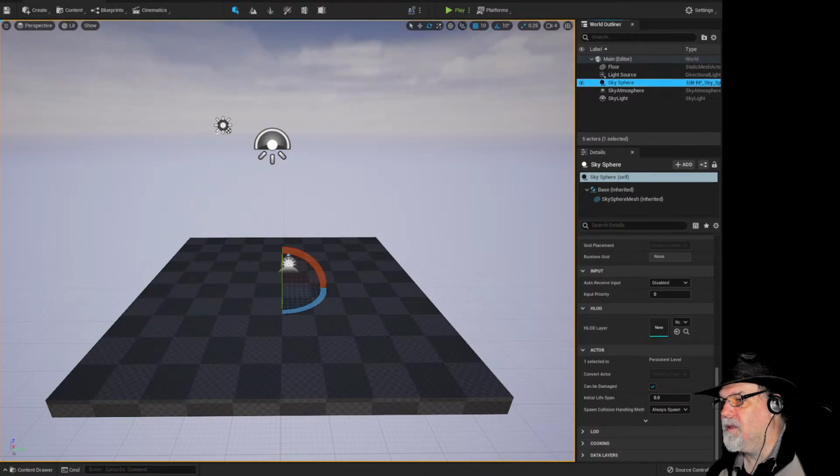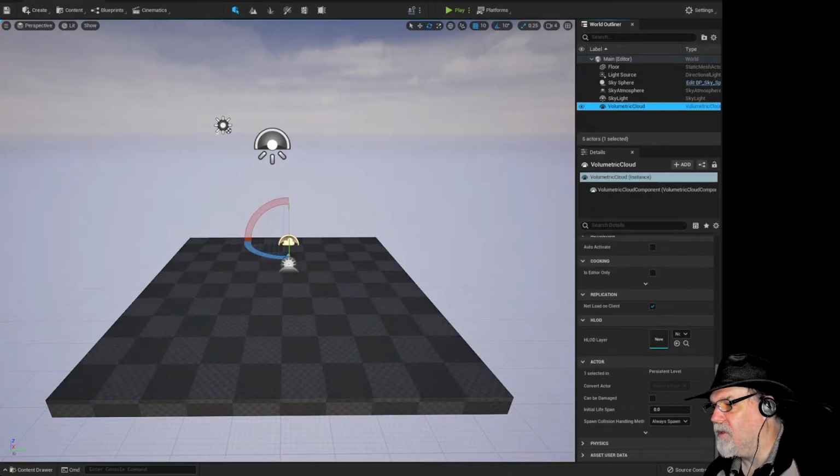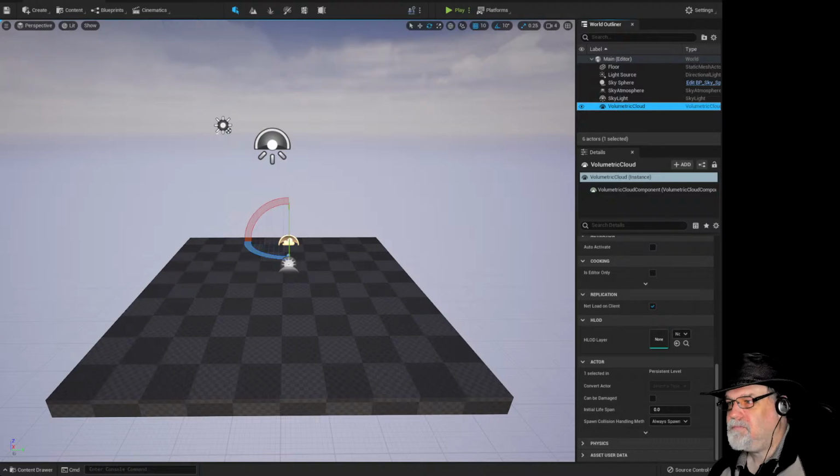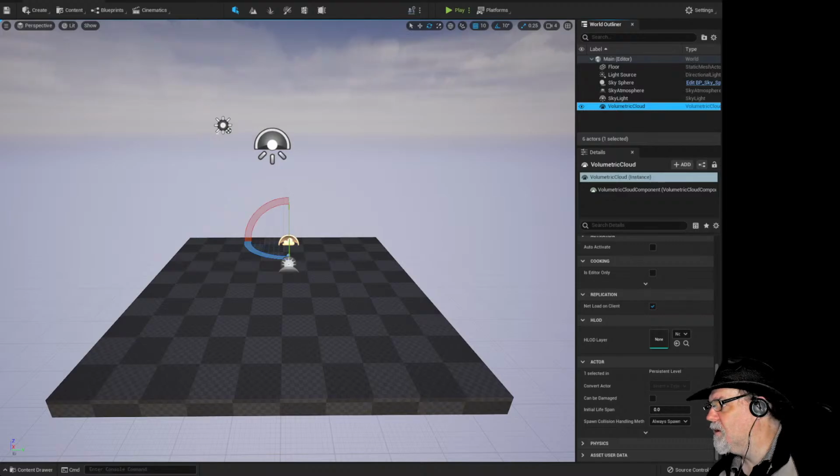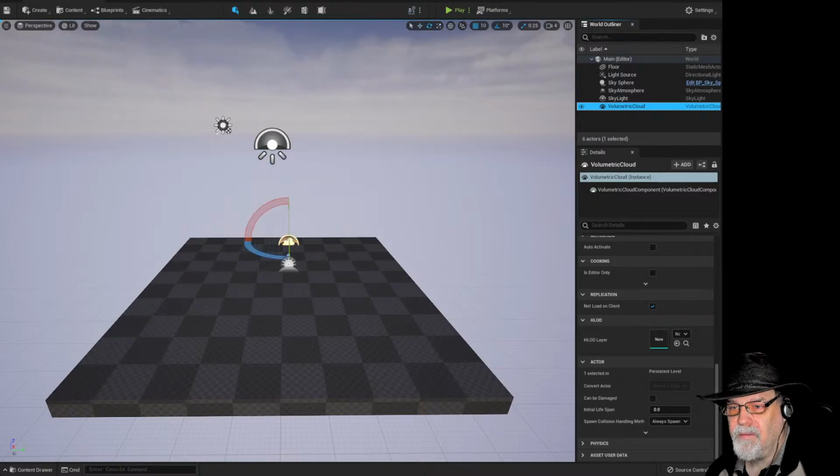Okay, so he was saying create volumetric clouds. Okay, which I did. I think we have another cloud layer here too. All right, so carrying on with what he has said. So I just added